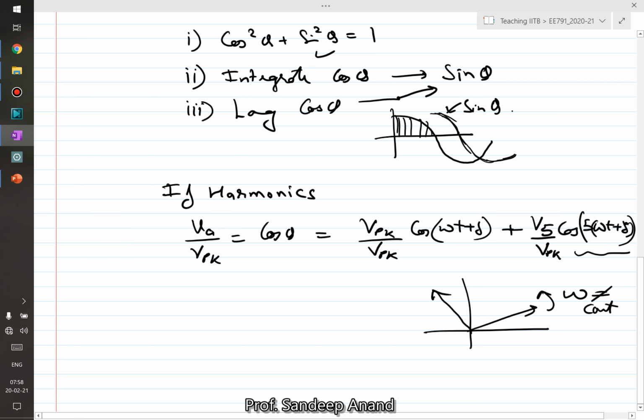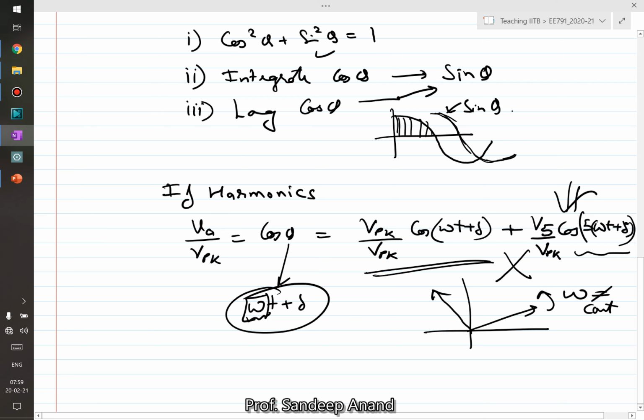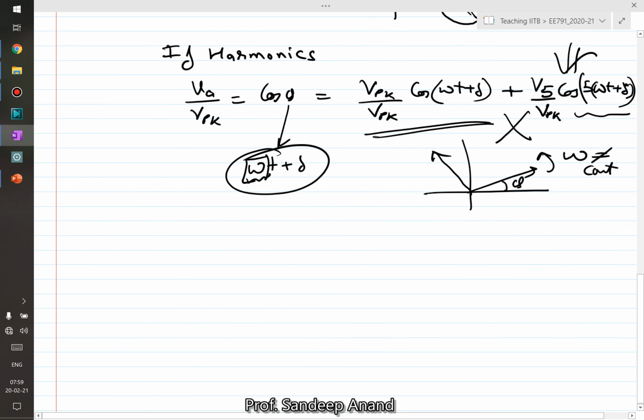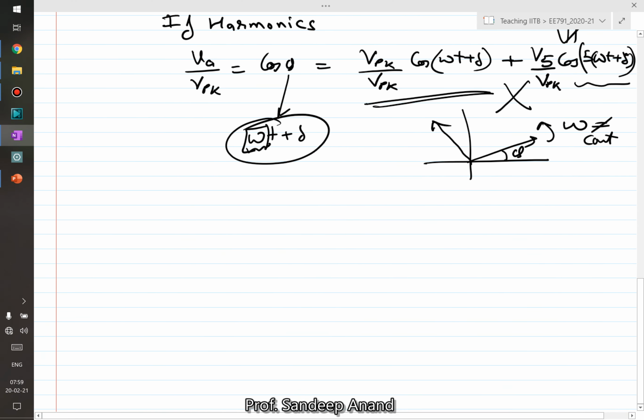Here, if you see, this theta can no longer be written in the form of omega t plus delta, right? Because it will not be rotating at a constant speed because of this fifth harmonic term appearing here. So our aim is to somehow remove this fifth harmonic and only keep the fundamental component while calculating cos and sine of theta, or rather while calculating the angle theta, which is the angle of the rotating DQ frame with respect to the stationary frame. So for that purpose, we use a phase lock loop in such applications.